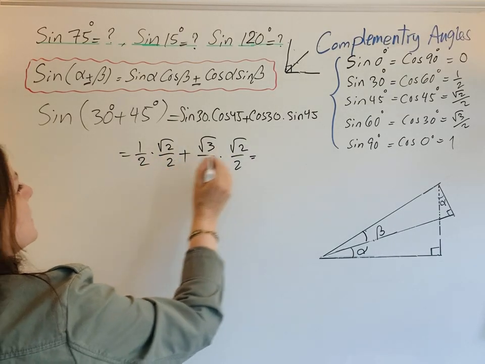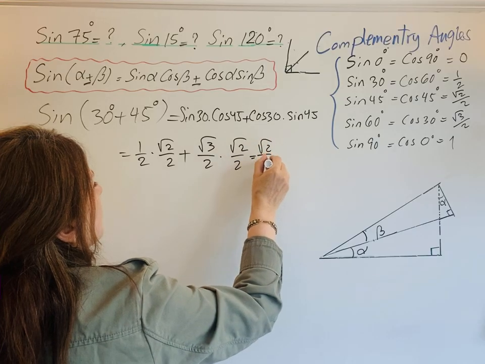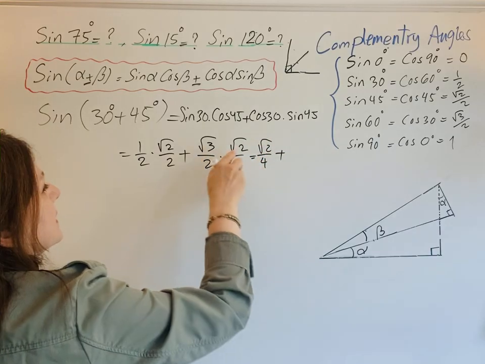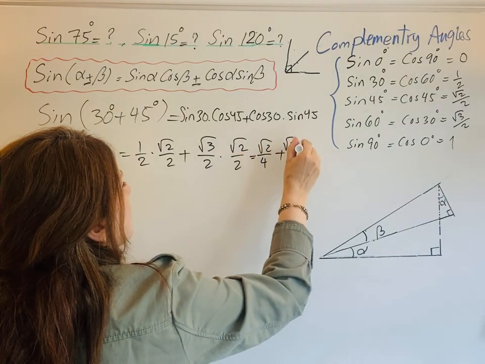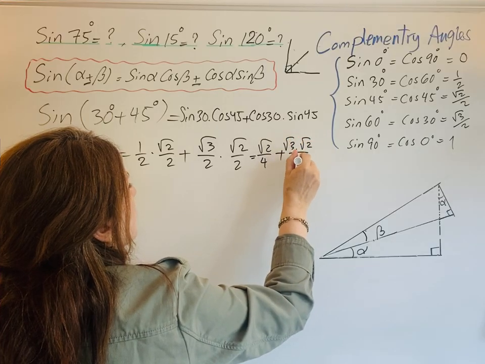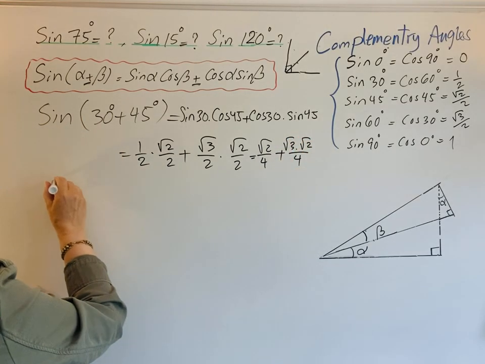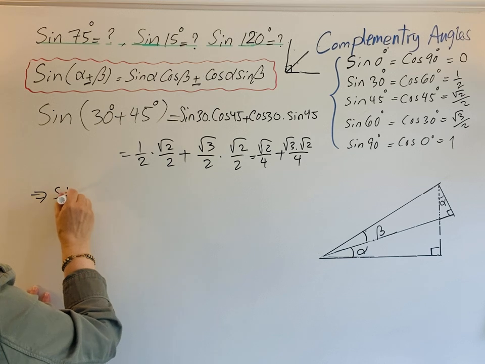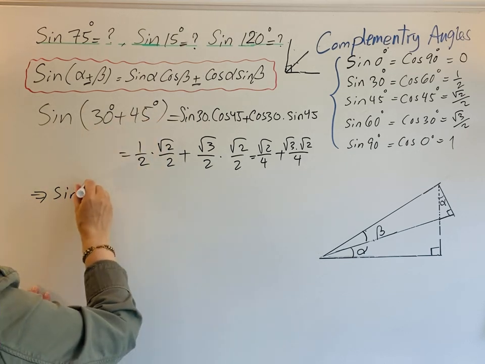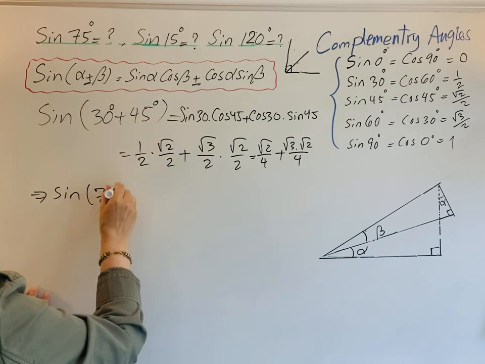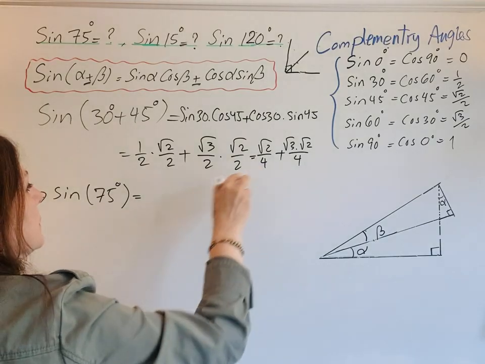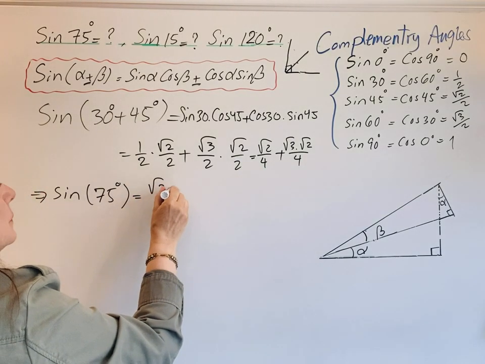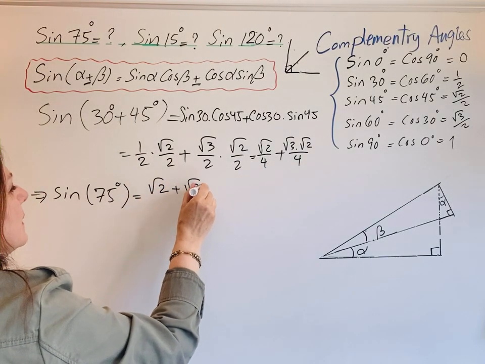Half times this one is root 2 over 4, plus this one is root 3 times root 2 over 4. So the sine of 30 plus 45, or 75 degrees, is equal to root 2 plus root 3 times root